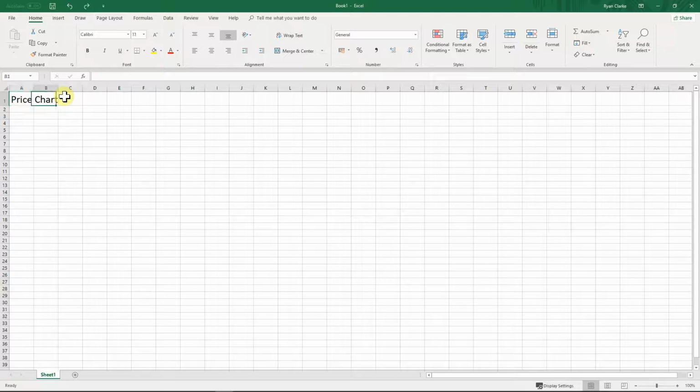Now the text is showing as it looks like chart is written in cell B, but there's actually nothing in cell B. If I were to type in cell B, it would overwrite it. So we've still got price chart, as you can see here, written in this particular cell, cell A1, but we need to delete that in order to see it. So that is why I'm going to highlight those and merge and center